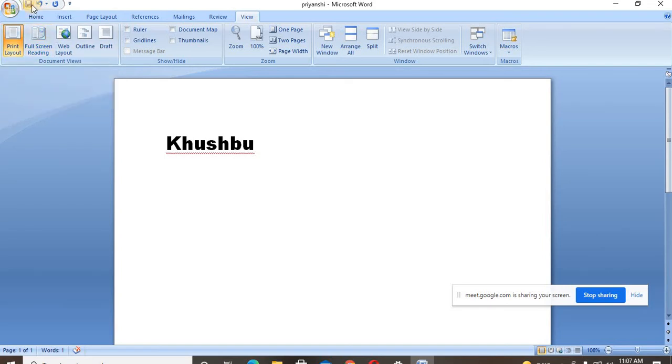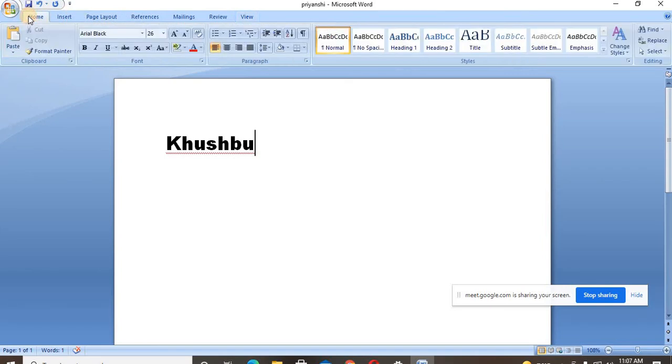Quick access toolbar, what is there? Ma'am, save, undo and redo. What is there on the ribbon? Ma'am, Insert, Page Layout, References, Mailings, Review and View. Good. And lastly, beta, the scroll bar, you will go up and down with the help of that. Okay?